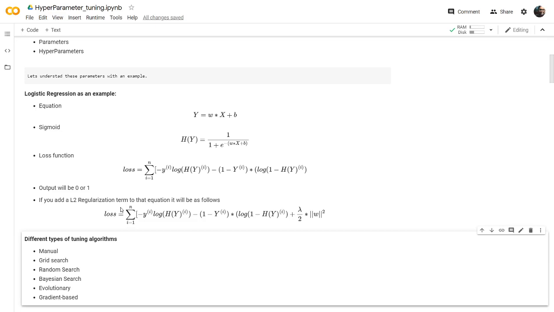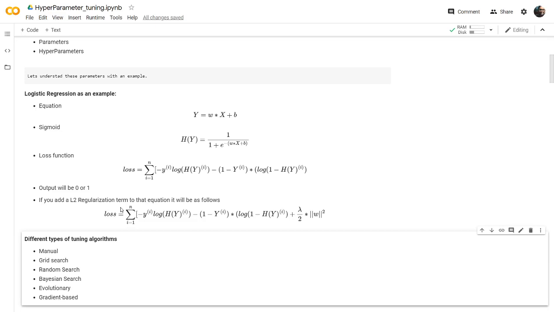For simplicity we'll take y equal to 0 or 1. So it is minus y into log of the probability which we got from the sigmoid, minus 1 minus the actual value into log of 1 minus the probability value. So you will be getting some loss here.